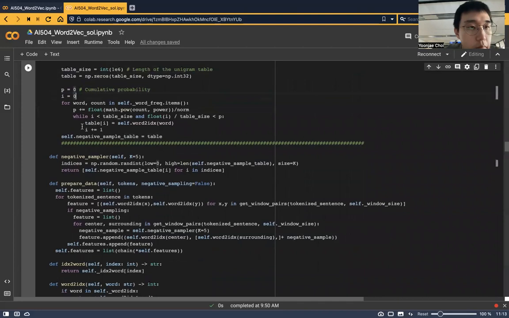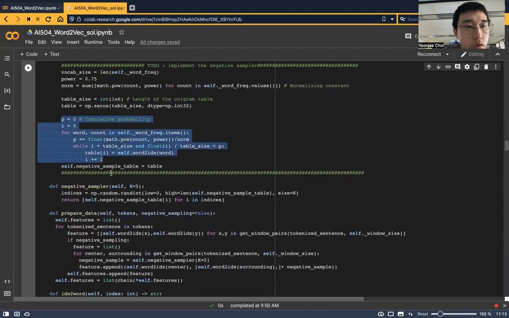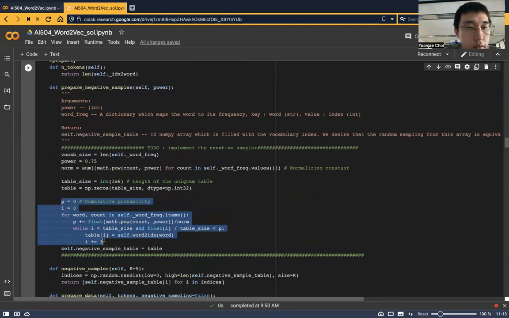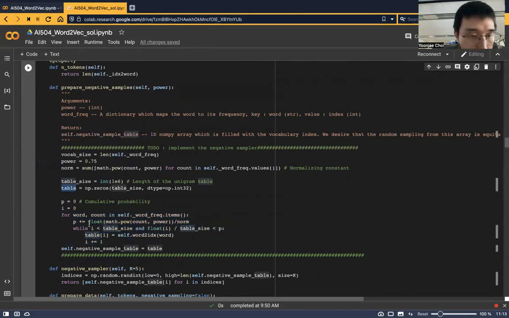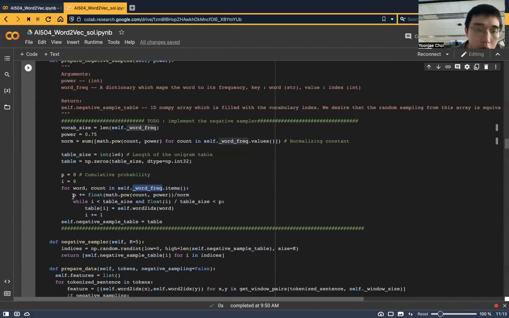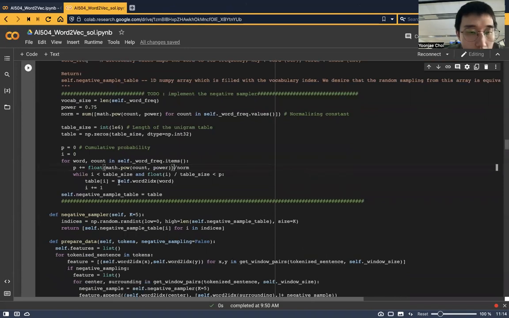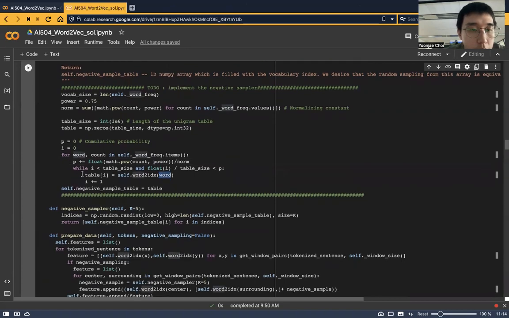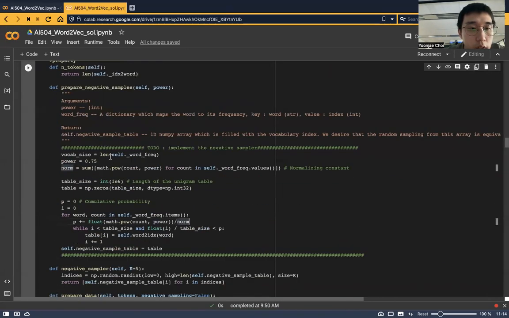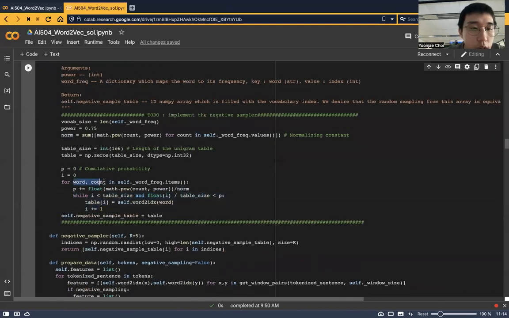And then we add some elements to this table array. You can see that we pop the word and the count sequentially from the word frequency dictionary, until the cumulative probability reaches this power of the count, which is the same as this one. We keep adding the word index to the table, just like this. And then if P reaches this probability, we instantly terminate the while loop and move on to the next word